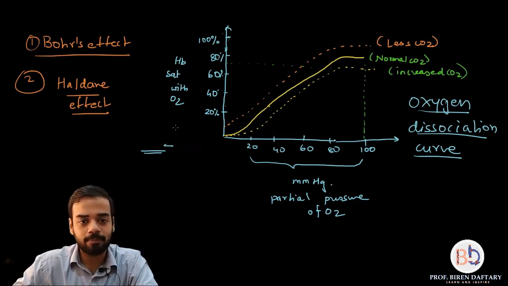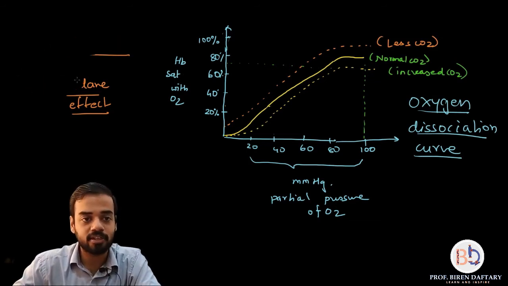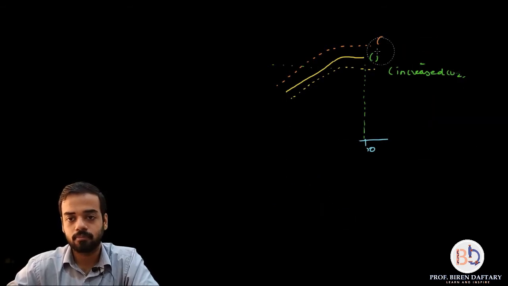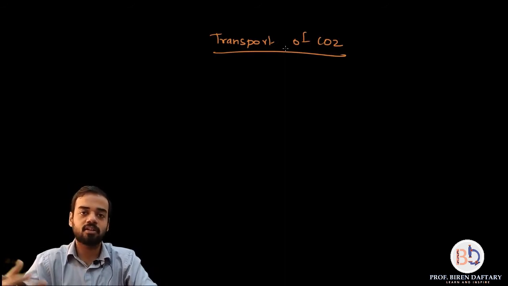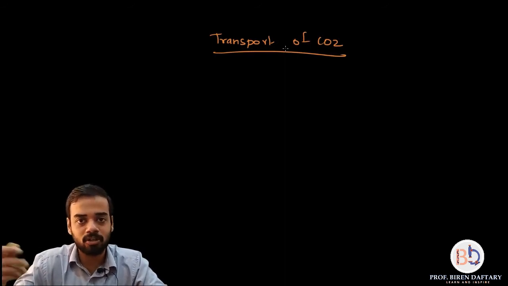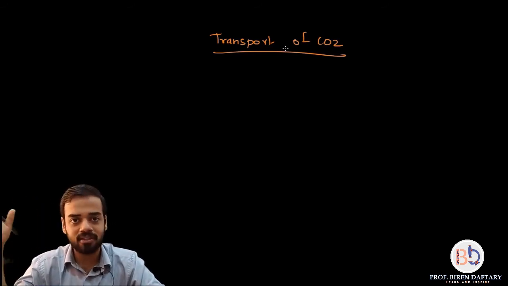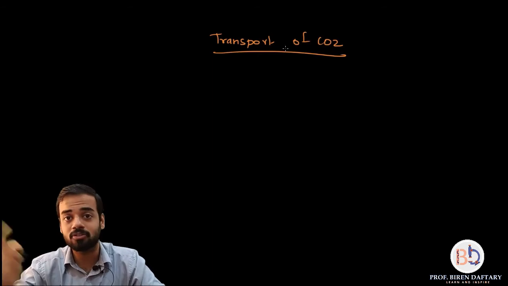Now the next part of the chapter is on carbon dioxide transport. Okay, so let us start with that. Transport of carbon dioxide. Now carbon dioxide is created in the cells, right? It is a byproduct of respiration. You remember that reaction, glucose plus oxygen gives rise to carbon dioxide, water, and 38 molecules of ATP. That carbon dioxide you now need to take to the lungs because you want to remove it. So how is it possible?